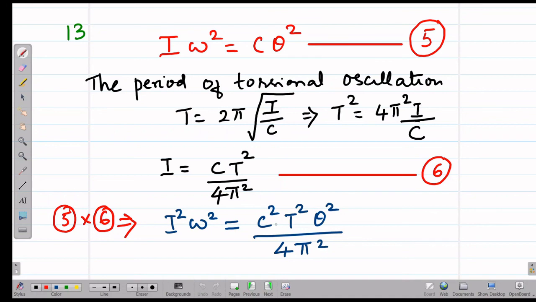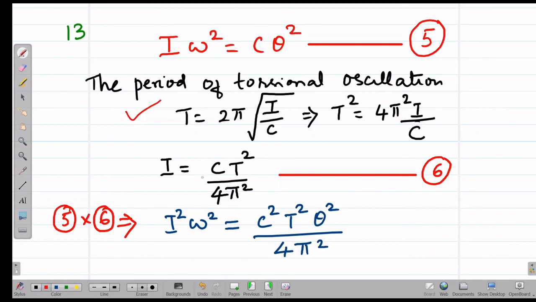And whenever a coil turns like this, the period of oscillation from rotatory motion is given by the formula T is equal to 2 pi root of I by C, where I is the moment of inertia and C is the couple per unit twist. This is a standard formula that we know. Period of torsional oscillation; period means time taken for one oscillation. If you square both sides, you get T squared is equal to 4 pi squared I by C. From this, if you work out I, the moment of inertia, you get I is equal to C T squared divided by 4 pi squared.